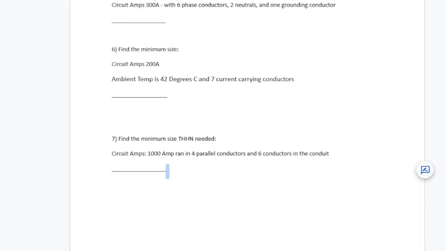We've got to find the minimum size THHN needed for a 1,000 amp service ran in 4 parallel conductors. Actually, I'm going to bump this by 1 just so it makes sense. It doesn't really make sense at 6. We'll do them at 8, right? 4 and 4. That'll be fine.